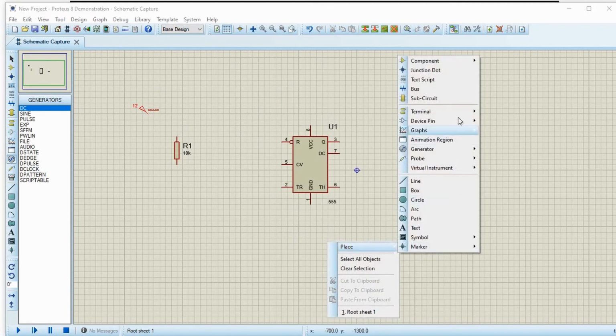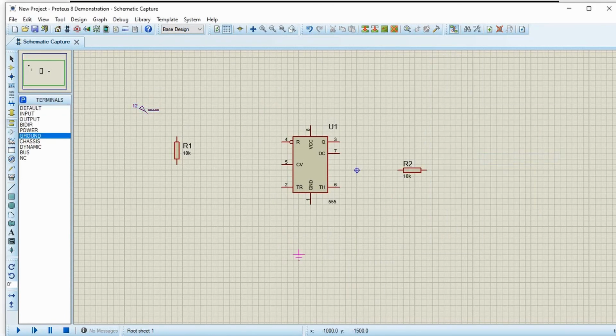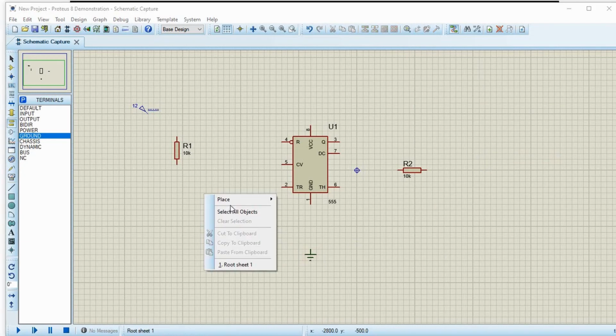We place ground. And we need a capacitor.